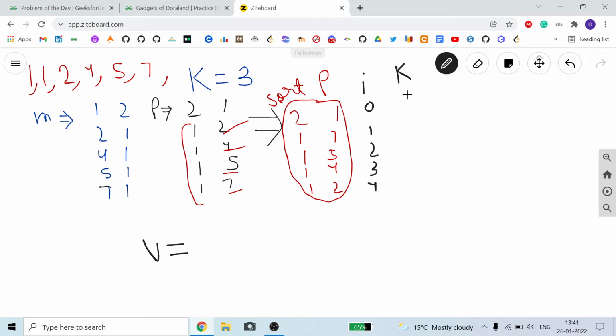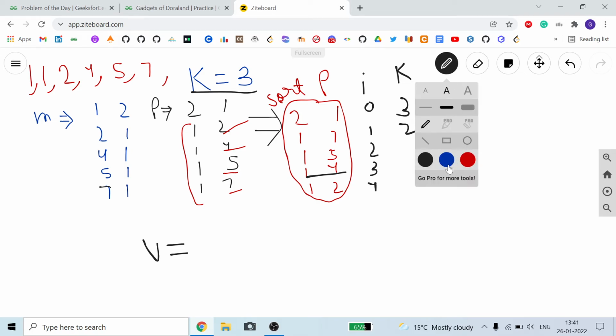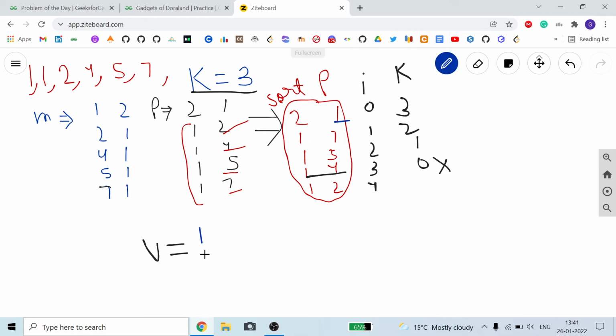And k, here k is equal to 3, then k is equal to 2, then k is equal to 1, k is equal to 0, and I will stop my iteration here. So we can say my vector will first store this 1, then will store this 7, then will store this 5. Okay, so this should be my answer.